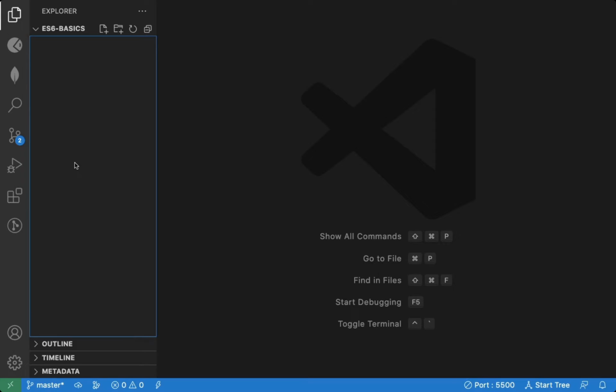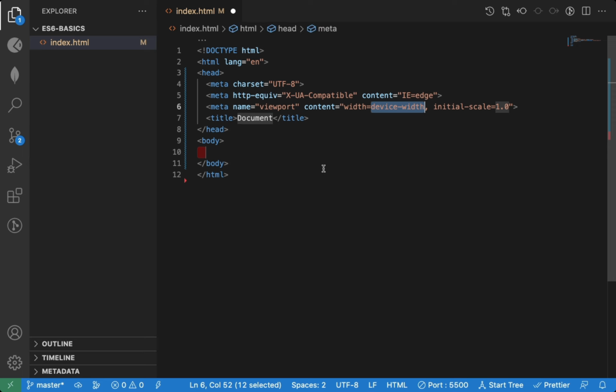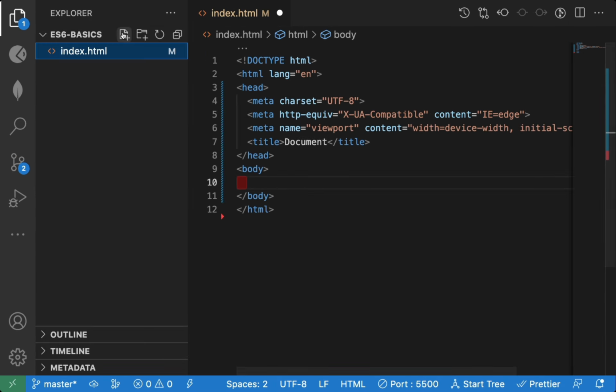We will learn about ES6 let and const. To get started, we can create an index.html file. Here we can create a boilerplate code. Now let's also create script.js, or we can create let_const.js,